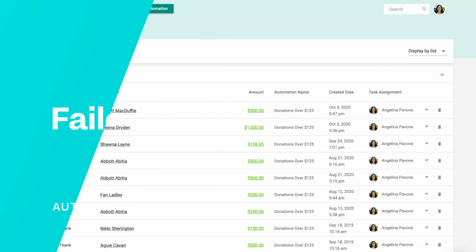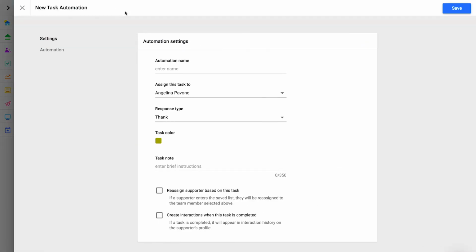Start in the task section and click New Task Automation to create this first example. In this example, we want a task assigned to ourselves each time a failed transaction occurs. Transactions can fail for any number of reasons. A donor's card might have expired, or they could have entered their information incorrectly. In either case, a donor wanted to donate but was unable to do so. A member of your team should follow up with the donor to make sure that you received their intended donation.